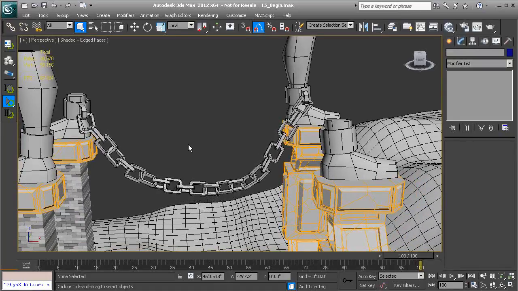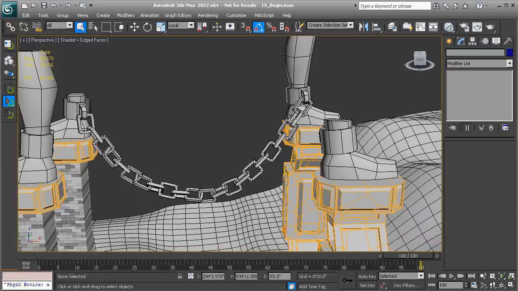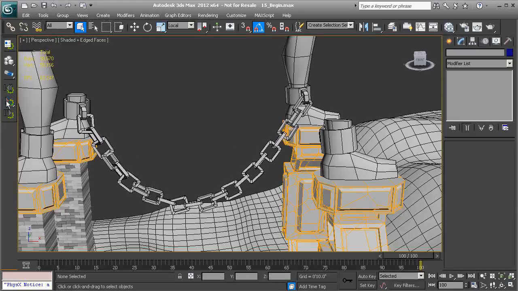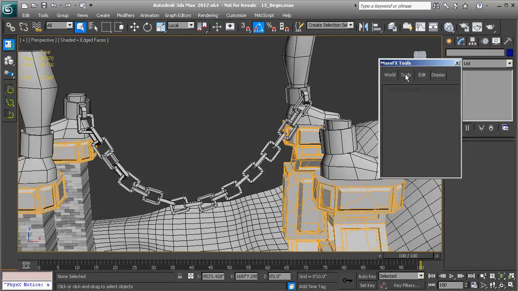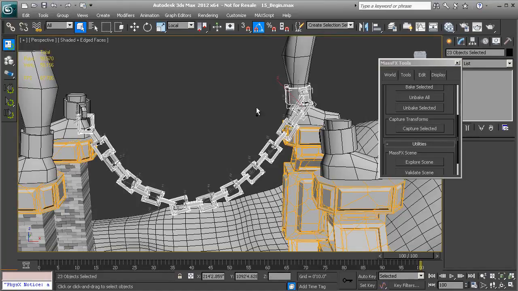And we should be able to let this play, and because we've set up our dynamics and our static physical meshes up properly, especially on this corner where these chains are resting right on that, we should be able to let this play until it settles. But I don't want to just wait on it to settle. I'm going to actually stop the simulation when the chain is kind of like this really long U shape to where it looks like it's at naturally rested. And I'm going to pull up my Mass Effects tools, go to Tools, and I'm going to capture my transforms. Now let's capture our transforms of our chain links and our shackles. So capture selected,